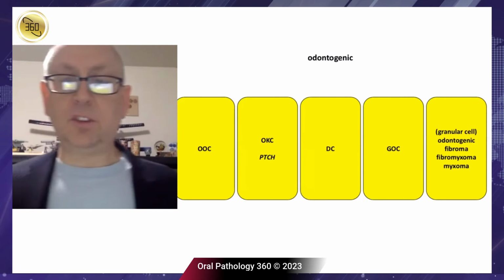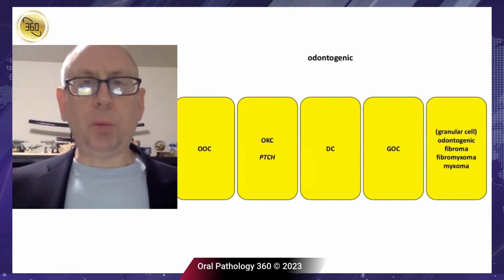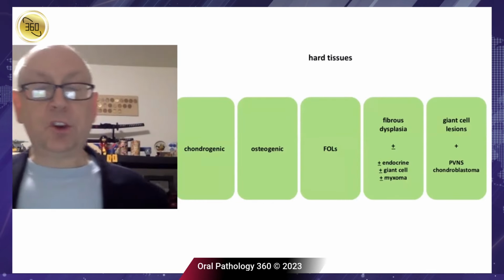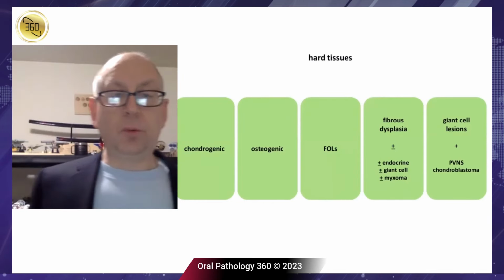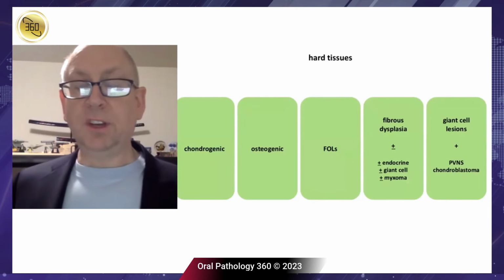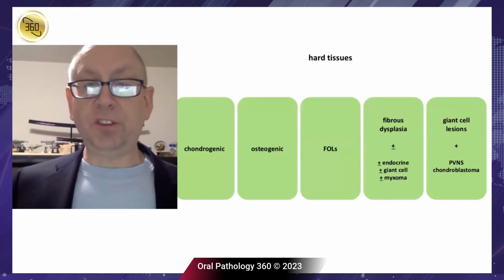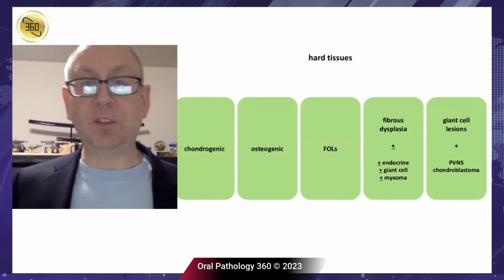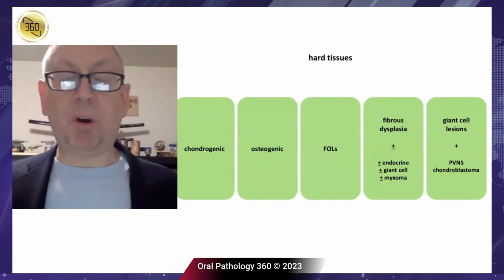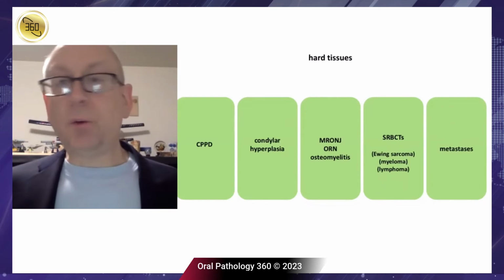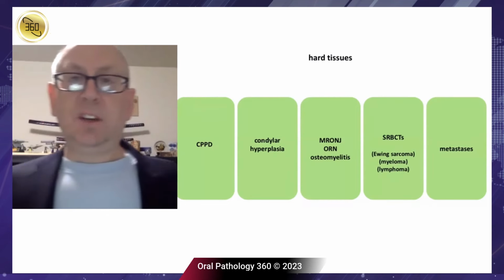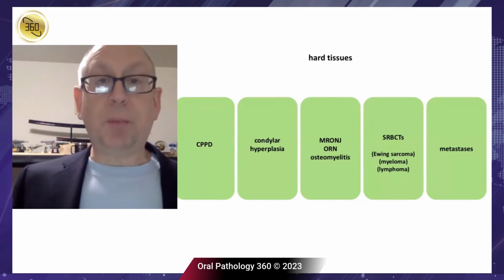And then you have some soft tissue type tumors of sort of the pulpal complex. So your fibromas and fibromyxomas. And then you're in the jaws, so you're in hard tissues. So there can be cartilage producing tumors, bone producing tumors, fibroosseous lesions, combinations of fibroosseous lesions with metabolic type diseases that include fibrous dysplasias as part of a syndrome, giant cell lesions that may be part of hyperparathyroidism.